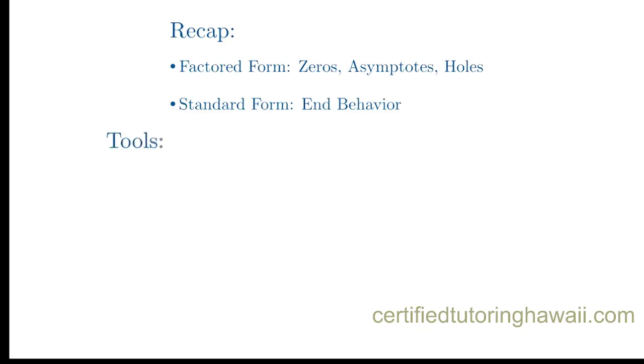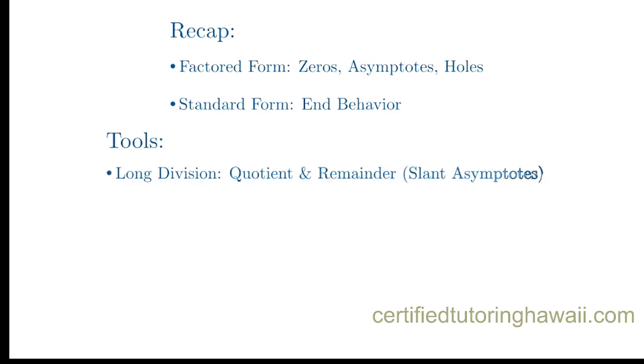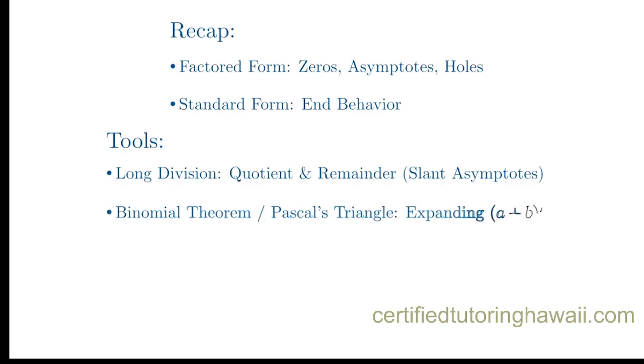We saw how polynomial long division allows us to find quotients and remainders, and how a non-zero remainder leads us directly to the equation of a slant asymptote. And we reviewed the binomial theorem, simplified by Pascal's triangle, as an efficient way to expand binomials raised to a power. By understanding and applying these concepts, you can choose the most useful representation of an expression to solve any